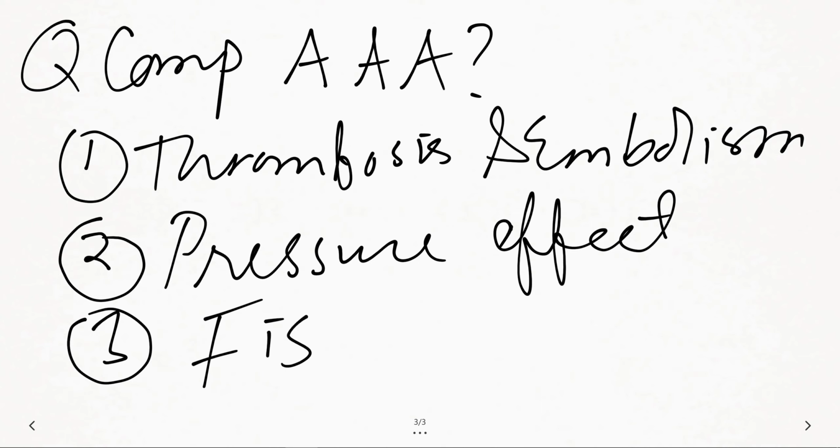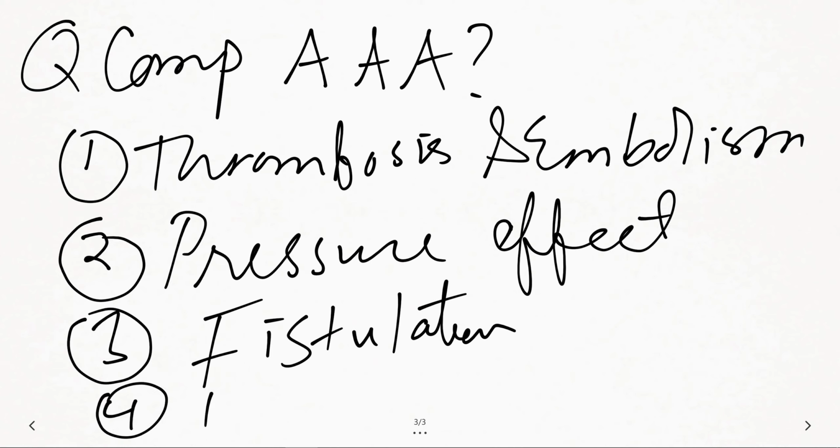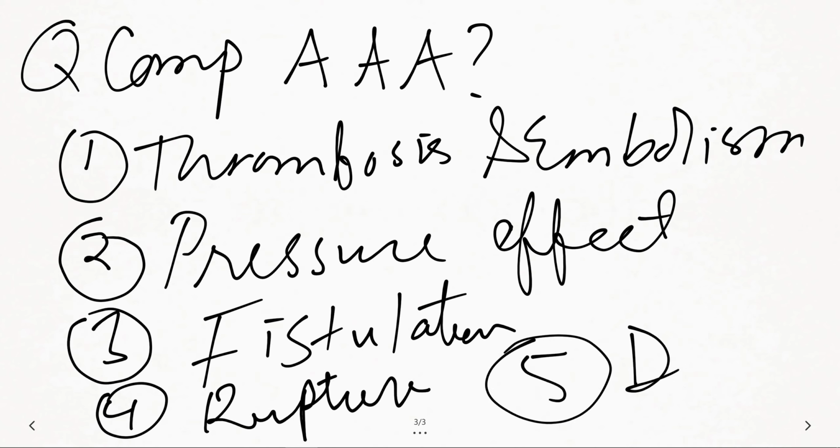Okay. Number 3, what may get? Fistulation with the bowel. This may cause something called aortoenteric fistula; with the vena cava, aortocaval; with the renal vein, aorto-renal, whatever. So fistulation may occur due to that. Okay, what may occur else? It may rupture. If he is lucky or she is lucky, he may be treated fast, urgently. If not, death is a disastrous complication. So these are the complications of abdominal aortic aneurysm in general.